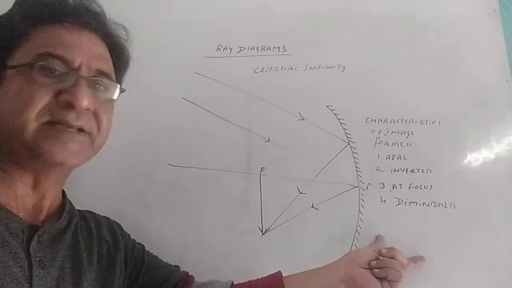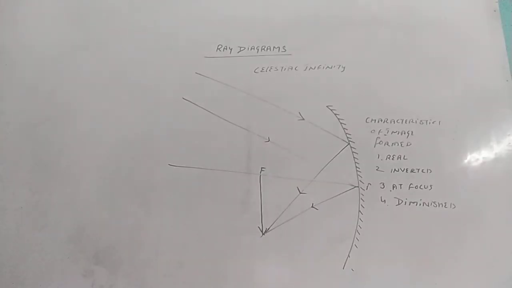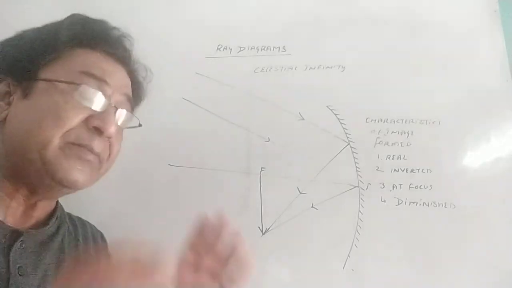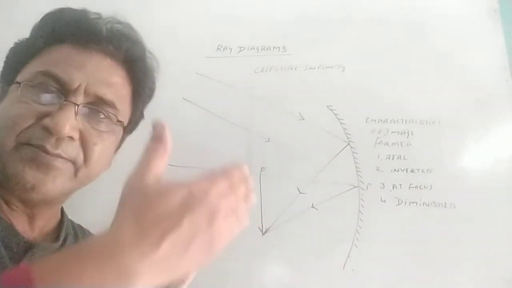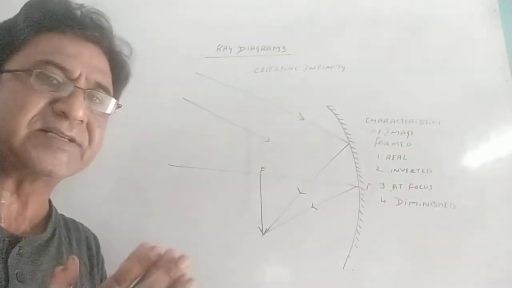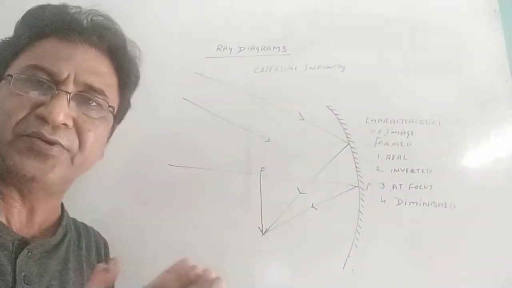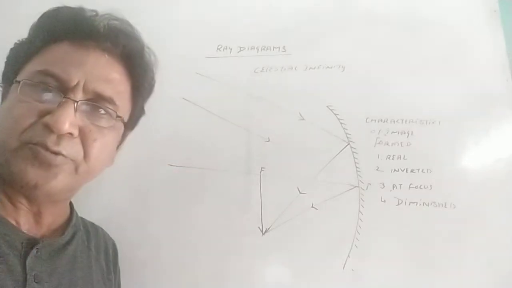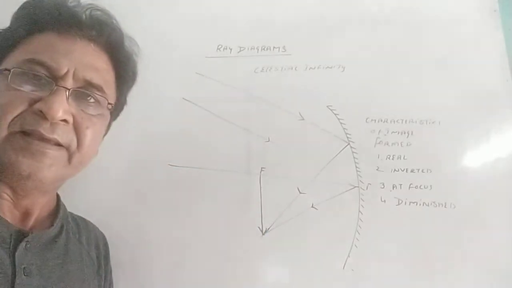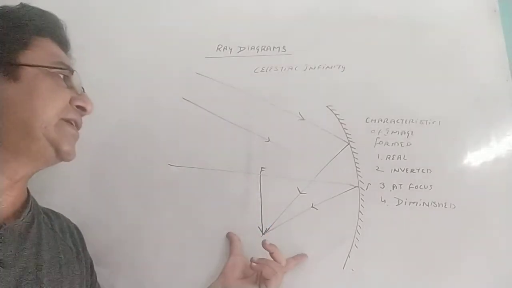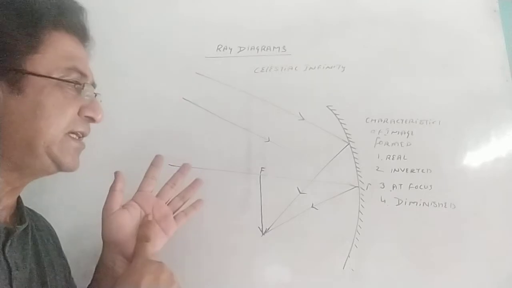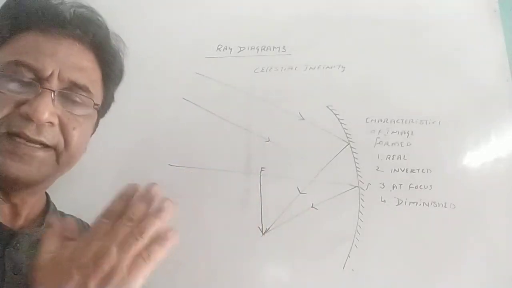There are 4 characteristics. So remember these 6 ray diagrams of the concave mirror. Then you can proceed. Remember where the object is placed, where image is formed, and what kind of nature of the image is. If you remember these characteristics also, it will be very easy for you to do the numericals. Yes, you can do the numericals orally also. But first go through, practice these ray diagrams, then remember object site and the image form site and characteristics.